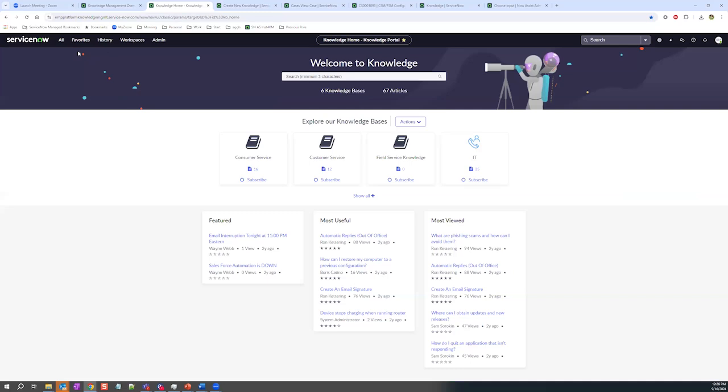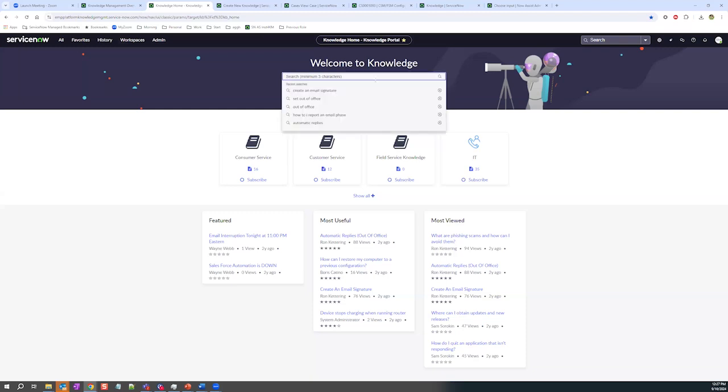So the knowledge portal, if you are a customer that's been with us for a little while and you had rolled out the V3 homepage for knowledge, whenever you upgrade to Washington, if you want to go to the new knowledge management service portal and homepage instead, you will have to change a system property for redirects to the new portal. But anybody who is installed at Washington or later, this will be the default in the system. If you choose AI search and choose to configure that and enable it, it will become available on the knowledge service portal as well. So let's take a look at a couple of things like how do I